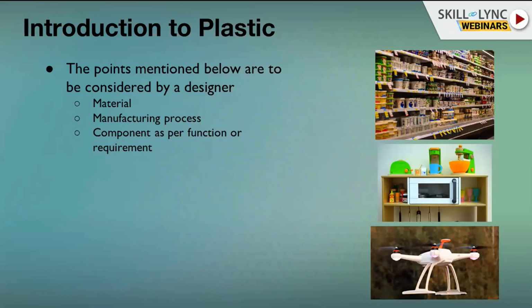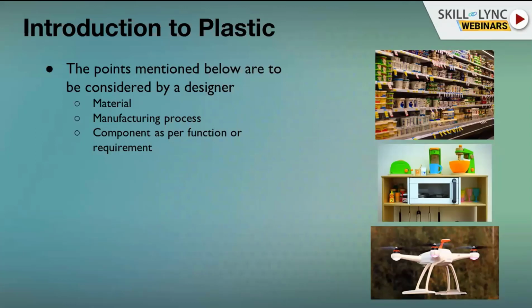If you come to the electric industry, our requirement is that the material should be an insulation material, and it should have high heat resistance. In that condition, we go with a polypropylene material. So with respect to our requirement, we should always select the plastic material, and it is one of the most important factors.